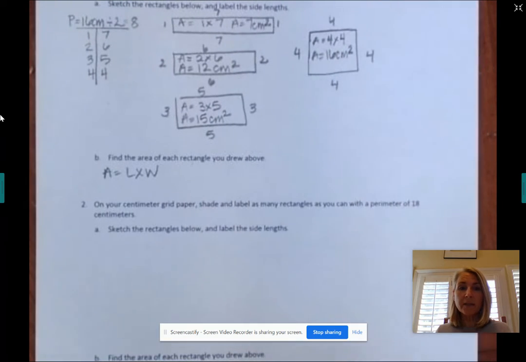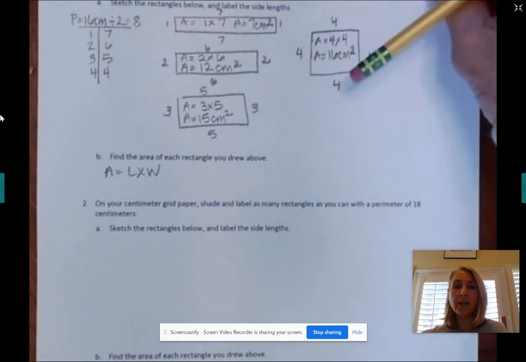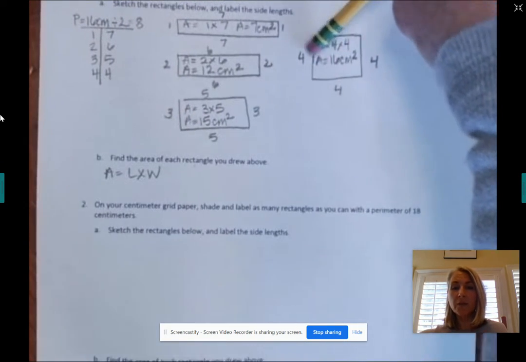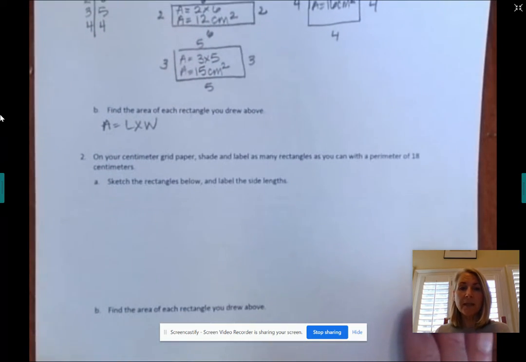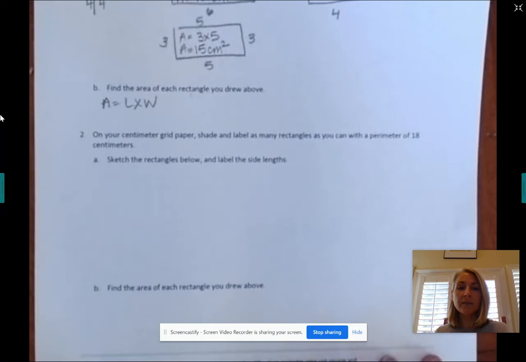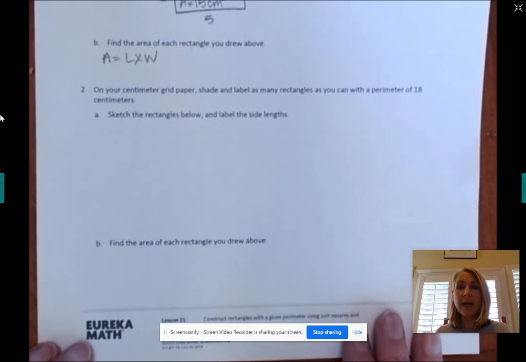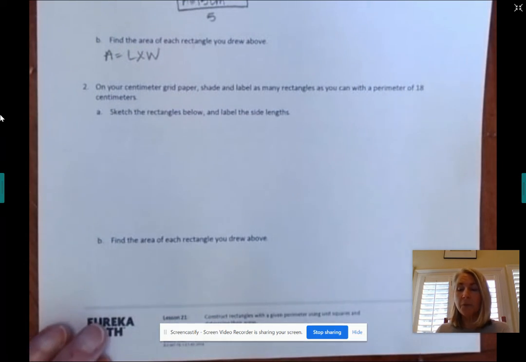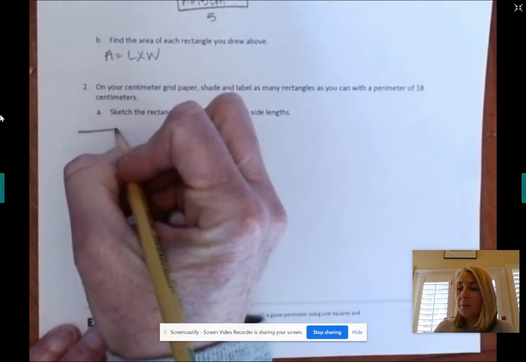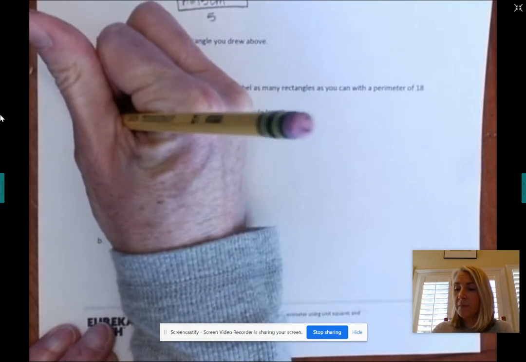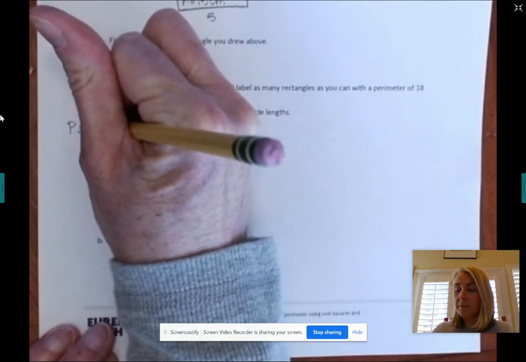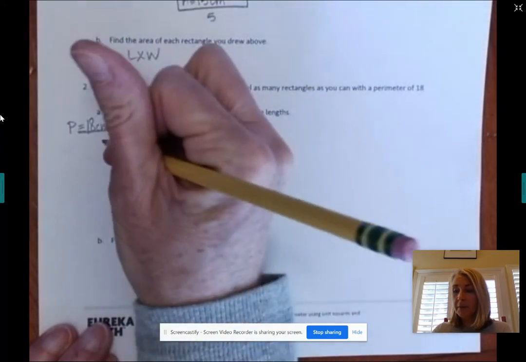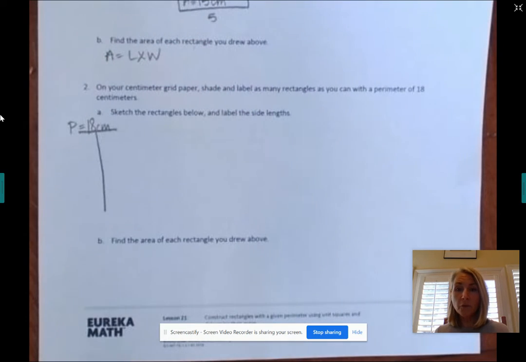Number 2 says, on your centimeter grid paper, shade and label as many rectangles as you can with a perimeter of 18. Sketch the rectangles below, label the side lengths, find the area. All right, so we're going to do the exact same process here, but with a perimeter of 18. So if my perimeter equals 18 centimeters, remember, a rectangle has 4 sides and has 2 sets